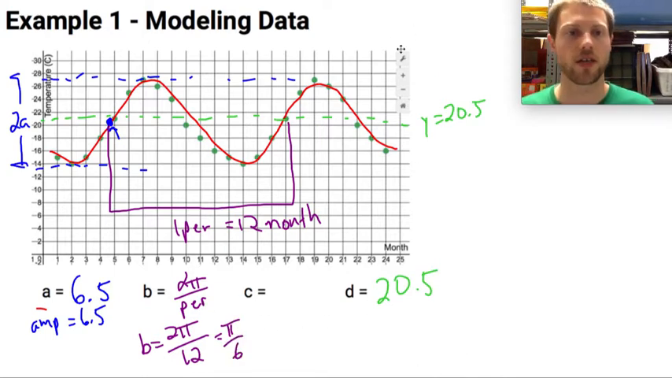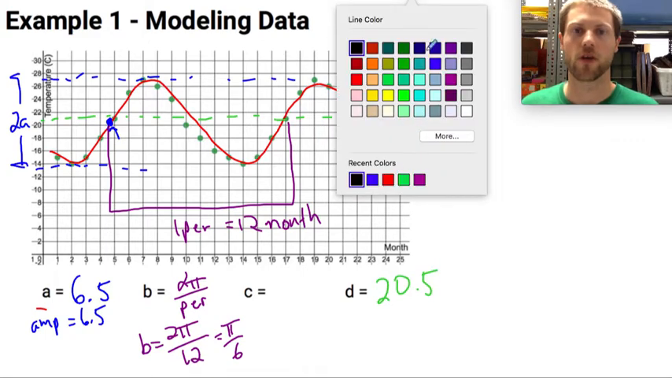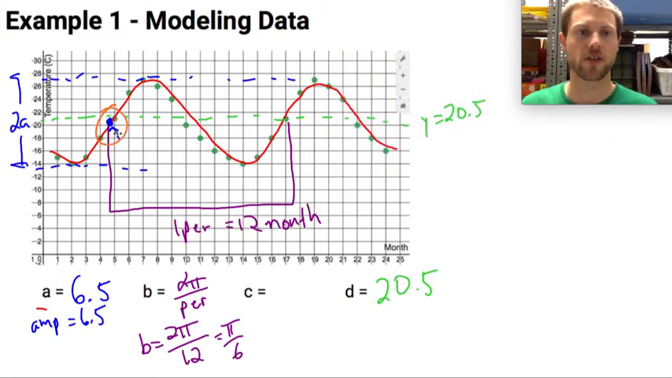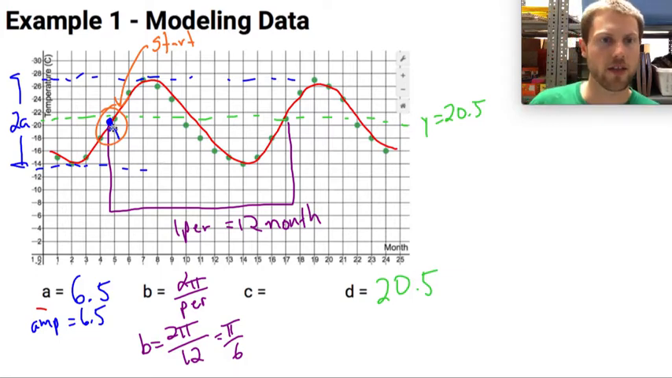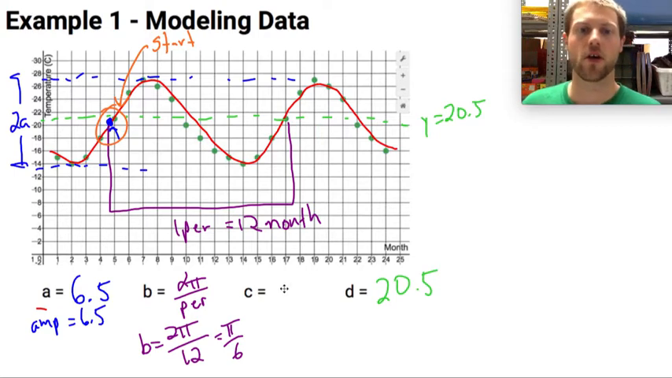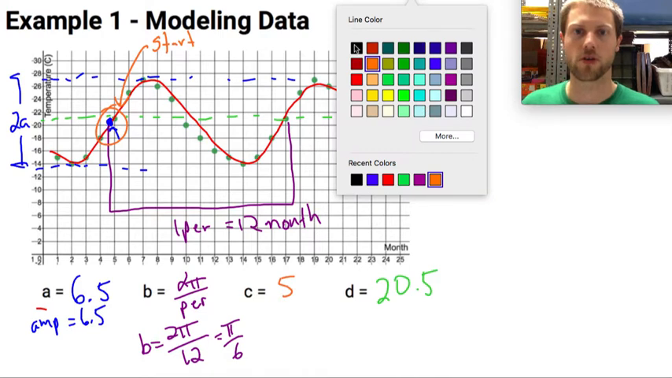And then finally, C is my phase shift. If I say that this is where I'm starting my wave, then my phase shift is how I got over to that point. It looks like that is going to be at approximately the 5th month. So my C value will be 5, since I had a phase shift of 5 to the right. So if I put all that together in the form of my original,